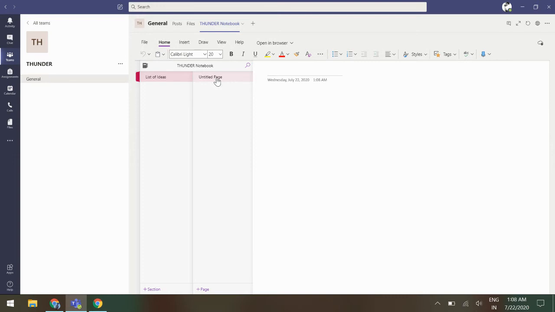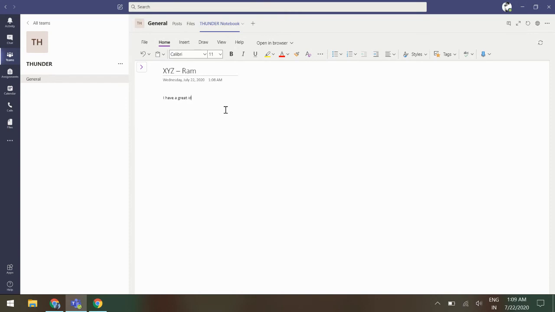Suppose one of your teammates comes with an XYZ idea, and he names it. So you see list of ideas, and the header of the idea is XYZ. You could put his name also, like say Ram. Ram did this XYZ. So he could put all his ideas and all his thoughts into this page.